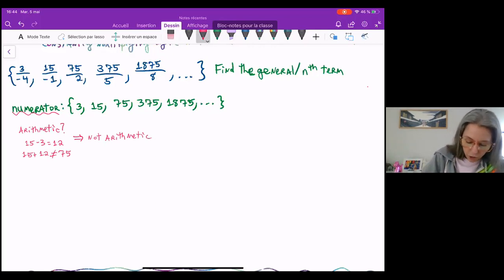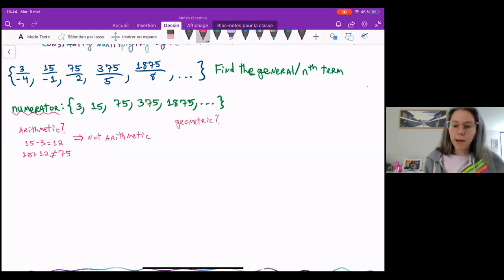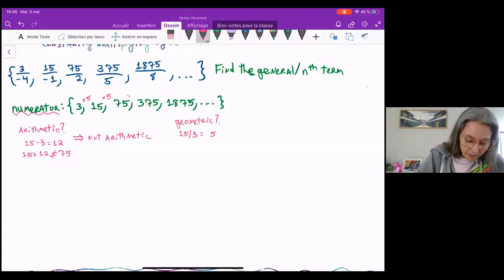So then the next question is, is it geometric? Now to see if it's geometric, I want to know what I'm multiplying by. So I'm going to do the ratio of the first two terms instead of the difference. So I'm going to get a 5 there. So I'm doing 3 times 5. 15 times 5, it turns out, is 75. 75 times 5 is 375. And 375 times 5 is 1,875. So this is geometric,